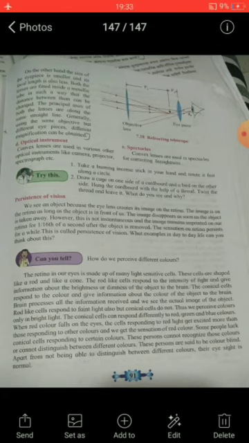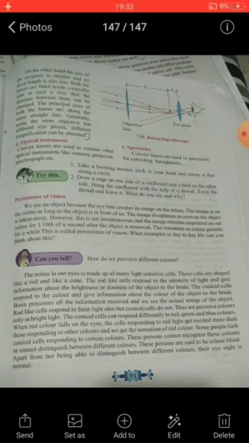Some people lack conical cells responding to certain colors. These persons cannot recognize those colors or cannot distinguish between different colors. They are said to be color blind. That means they cannot differentiate between colors, so they are color blind. Apart from not being able to distinguish between different colors, the eyesight is normal.